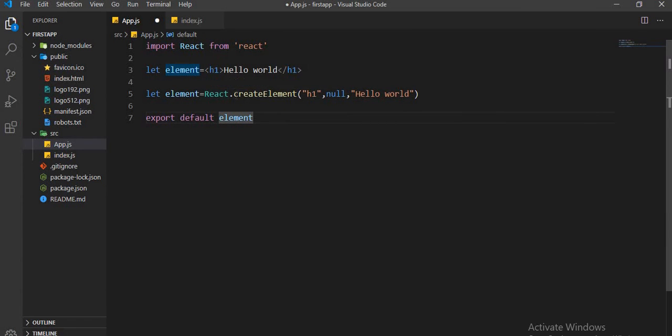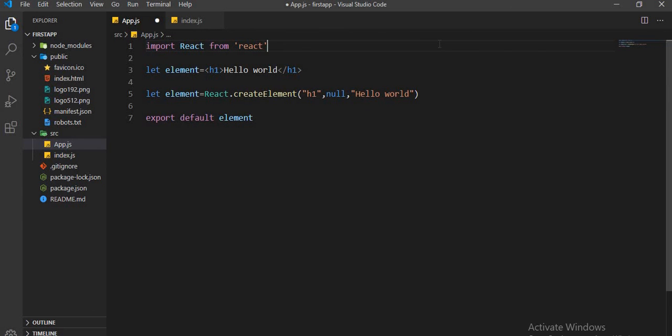So React has a method, createElement, which takes 3 arguments. The first one is your tag name, which is a string, and the second one is attributes or props. In our case, we don't need any props here, so it is null. And the third one is children for your HTML element. So Babel will convert your JSX code into this JavaScript code. That's why we are importing React.